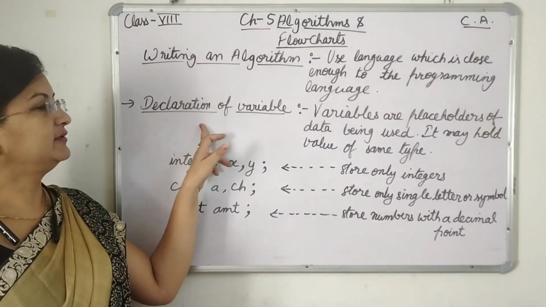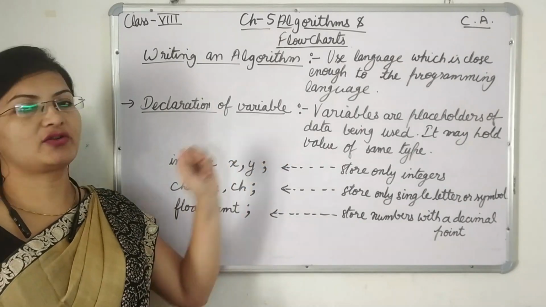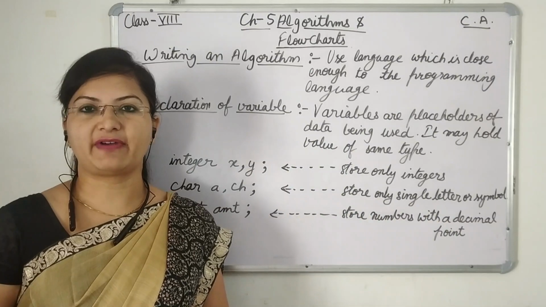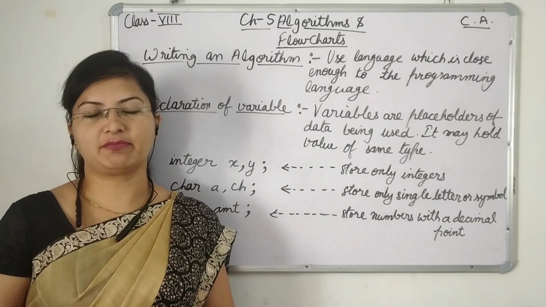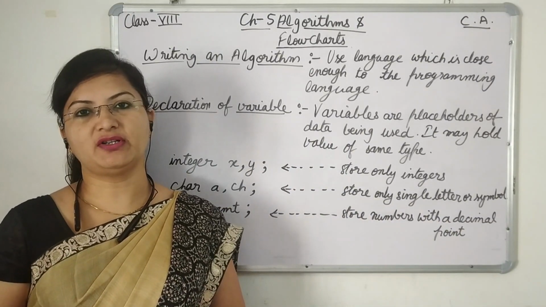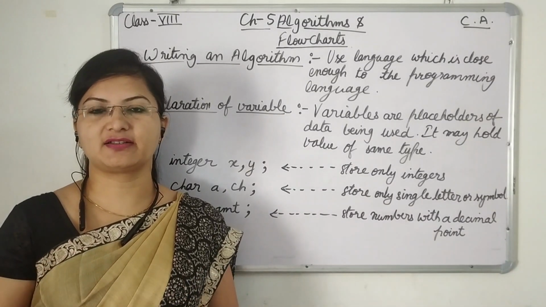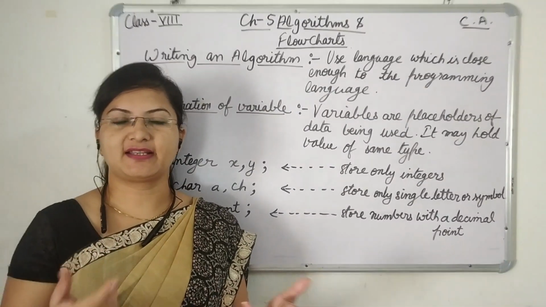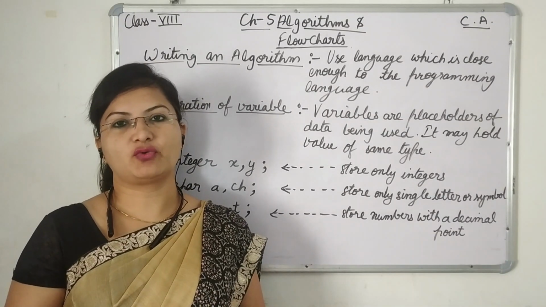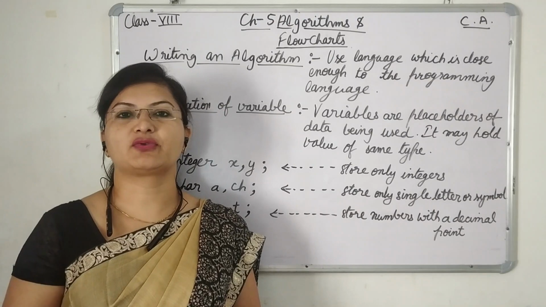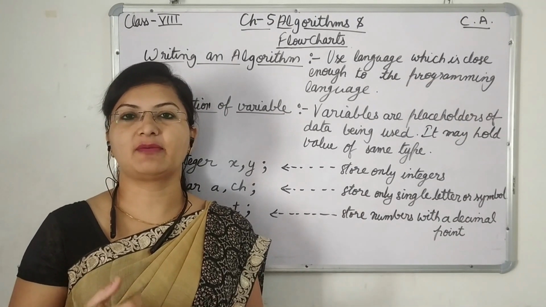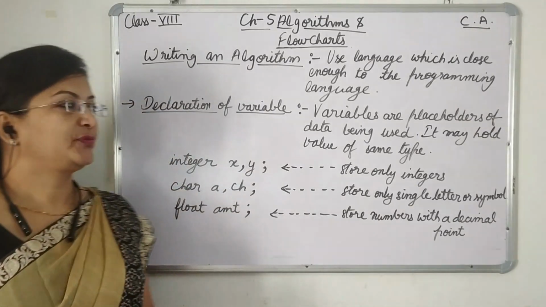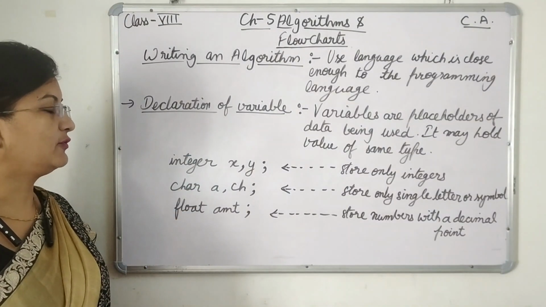So first of all, the first step is declaration of variables. A variable is actually a placeholder to store a value. Like if we have to store a number, then the variable will store the number. If we have to store a character, meaning a single letter or a sentence, then it will be stored in a variable. Or if we want to store decimal numbers, the numbers containing decimal points, then they can be stored in a variable. For that we have some rules that we have to follow.